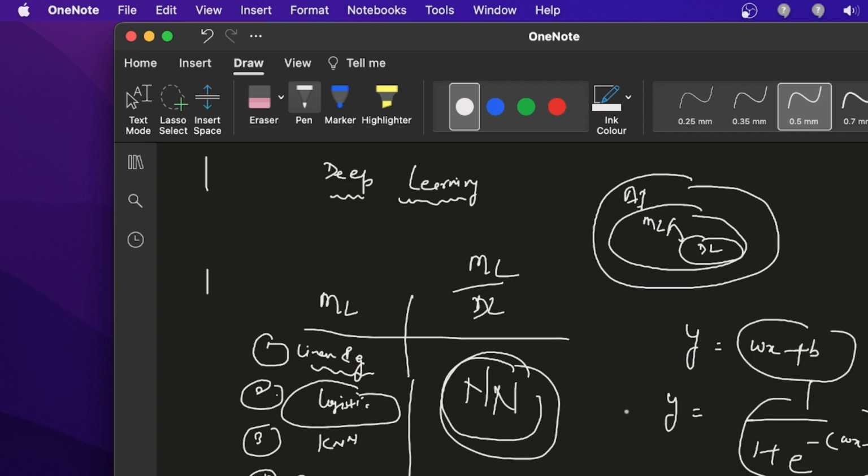But in the case of a neural network, there is a single way: you make the model using a neural network, and you can solve any problem by using it. Even a neural network is capable of solving all the problems these algorithms can solve, but these algorithms are not capable of solving every problem which is solved by the neural network. So here the neural network wins every war. In this classroom we are going to discuss these things and understand why and how to use the neural network to make a model.